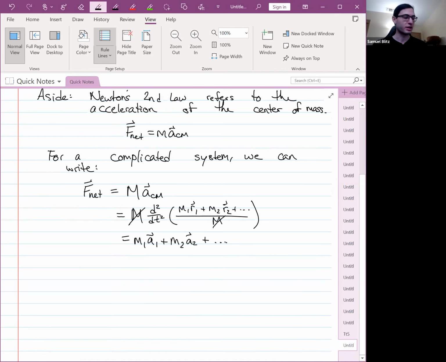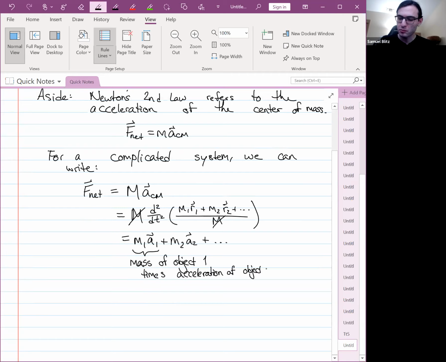Now, there's just one more discussion to be had before we proceed, which is this discussion of the center of mass frame. Now, these are not forces. So ma is not a force, right? Ma is what Newton's law says the force is equal to. This is the mass of object 1 times acceleration of object 1. Right. So there's a discussion of the center of mass frame, which I don't really want to talk about